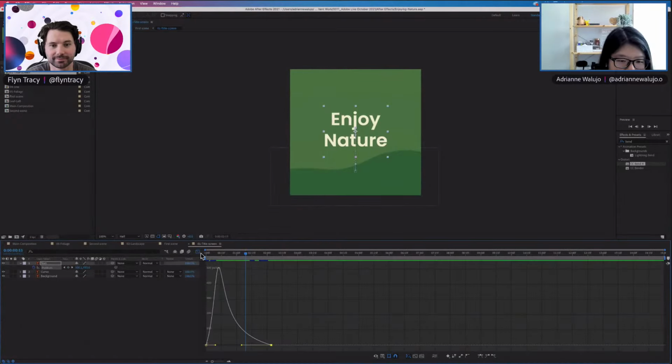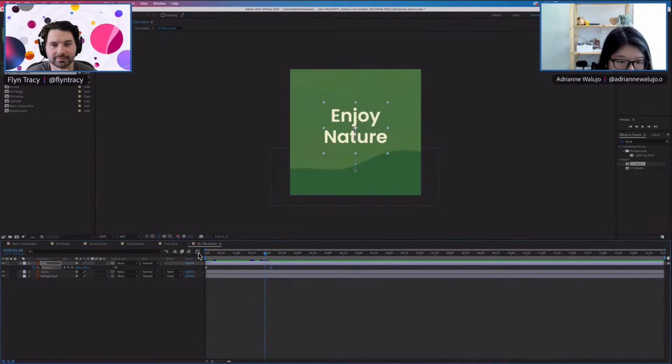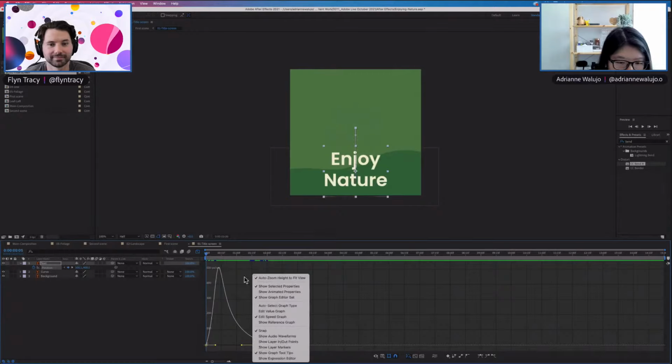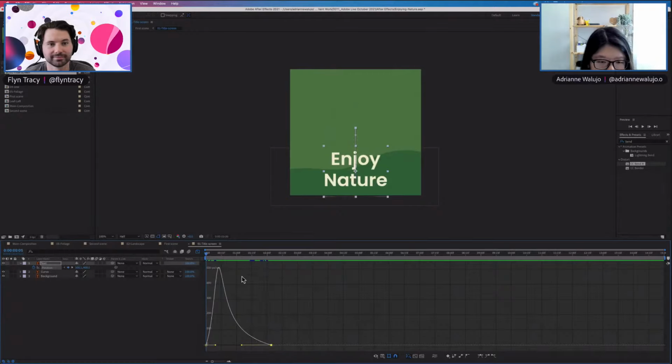There you go. You access this graph editor from here, this section where it looks like there's a graph. You click on that and the keyframes, and you're able to see this is the speed graph. So it's not value, it's the speed, it shows how it slows down at the end.